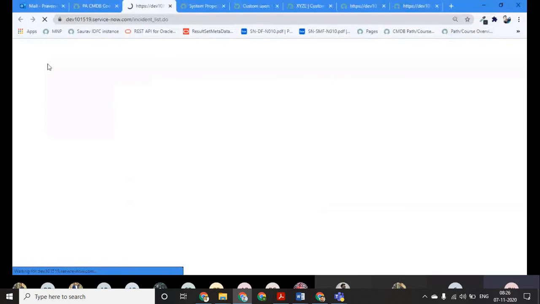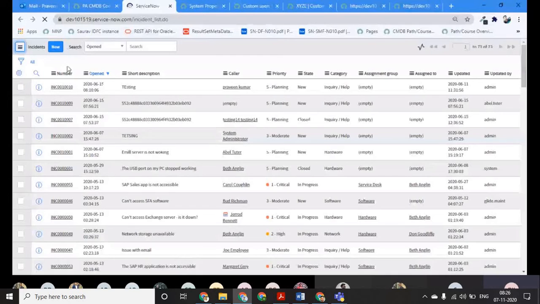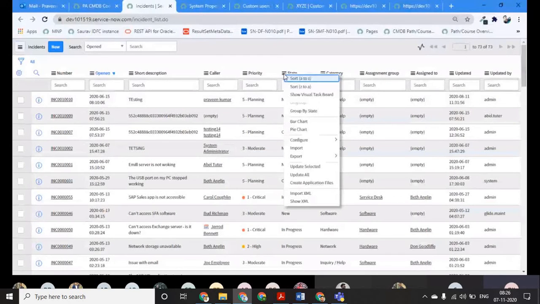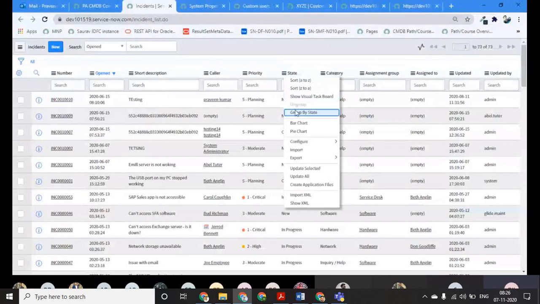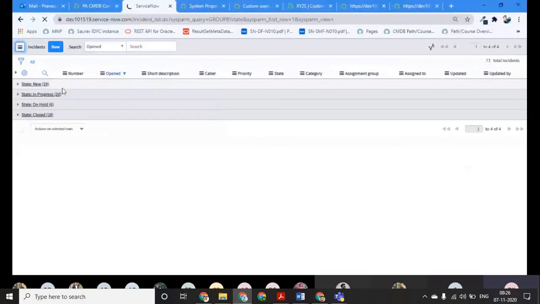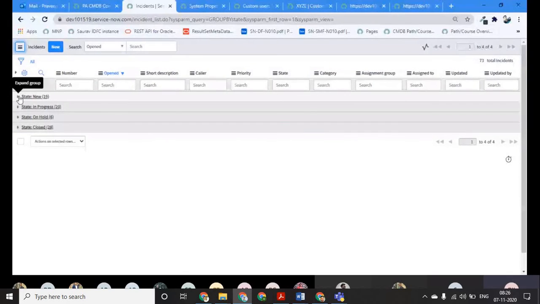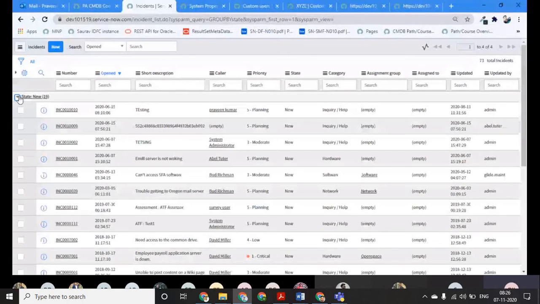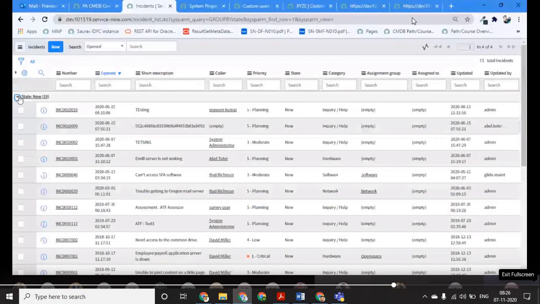We have multiple incidents, but you will see that we have a particular state field. When you group by the state, you can see we have four states, so we have basically four rows.